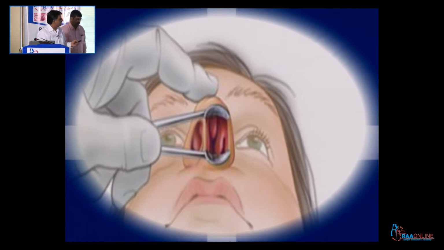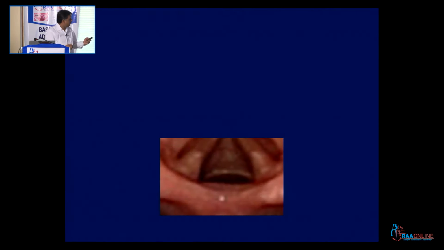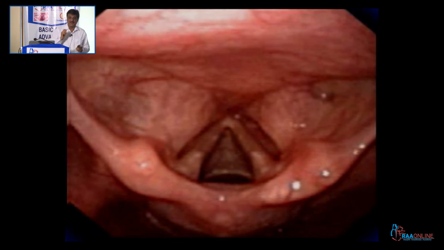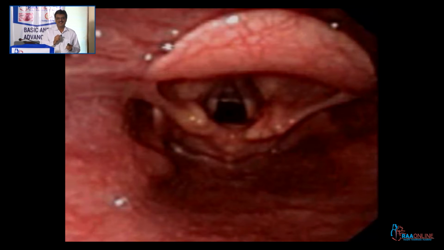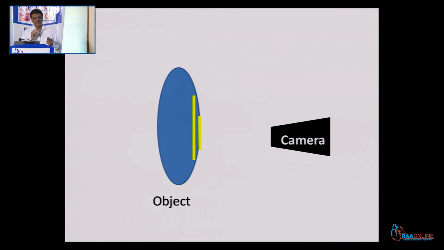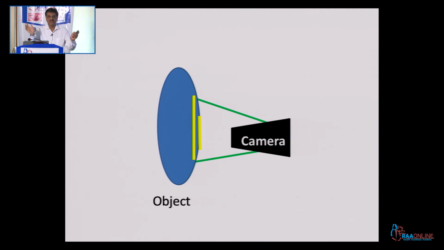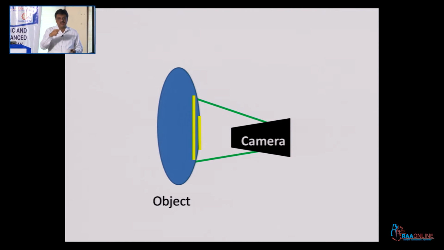Now look, if you got this, it's a turbinate. It's a cord. So you are looking at the object when the object is very near and with the limited field of vision. So anatomical orientation is totally different, and even anatomical orientation will change with the change of position of the scope also. If you rotate the scope, anatomical orientation changes. That you need to acquire.